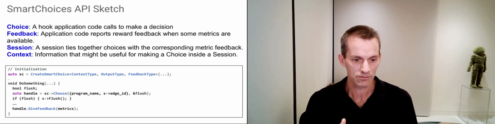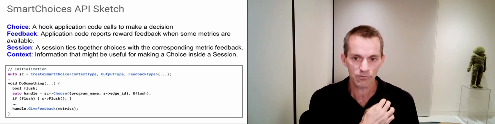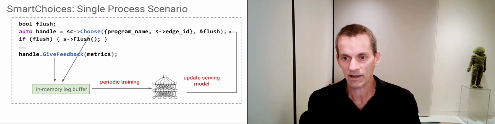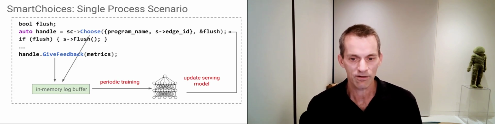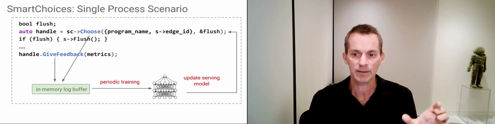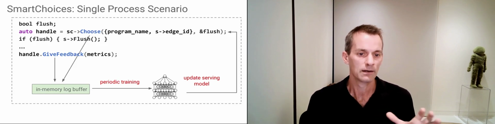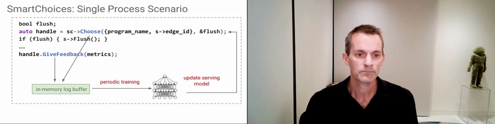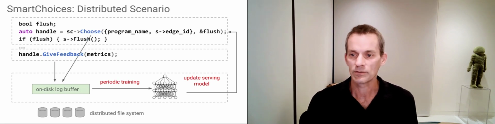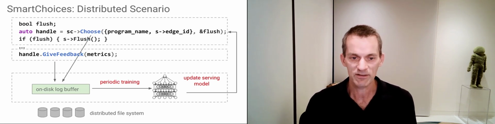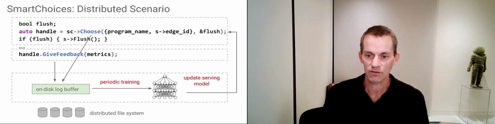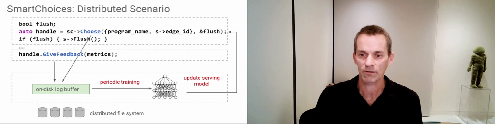And so the Smart Choices API sketch is really a choice, which is a hook that application code calls to make a decision. And then one of the key things that enables learning is feedback. So application code can report some sort of reward, either positive or negative feedback, when some metrics become available. And then a session ties together choices with the corresponding metric feedback, and context is information that might be useful for making a choice inside a session. So here you can see, choose, and then later you can give feedback. And then there's an in-memory buffer of choices and feedbacks, and then you can periodically train it and update a serving model that then affects how subsequent choose calls